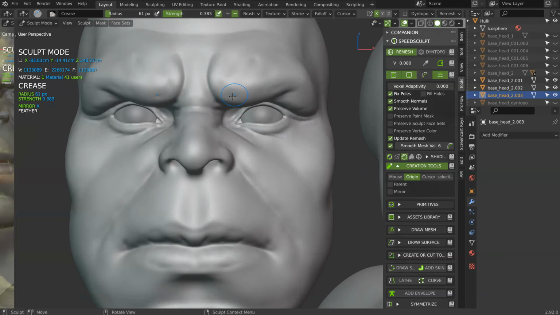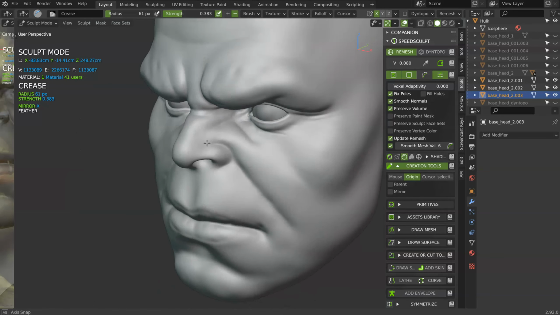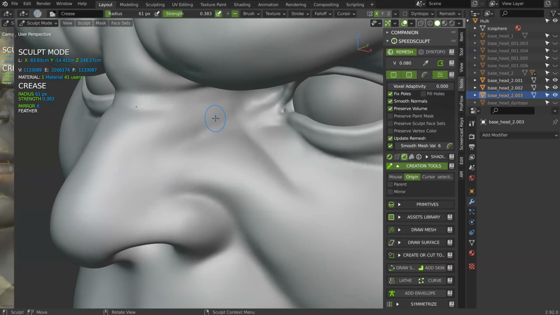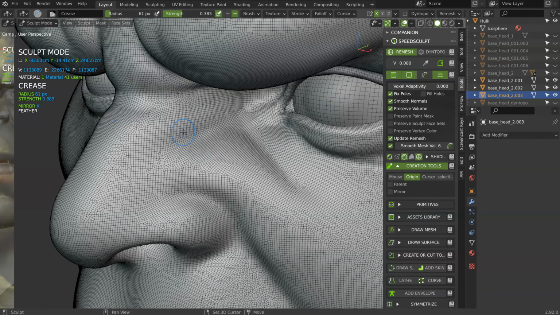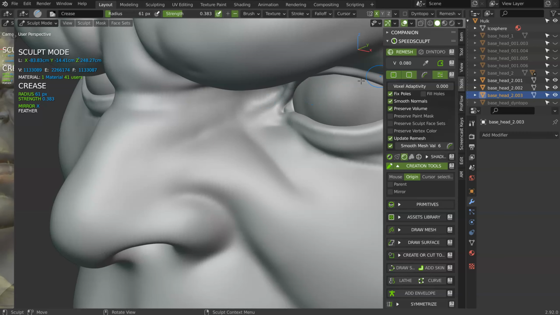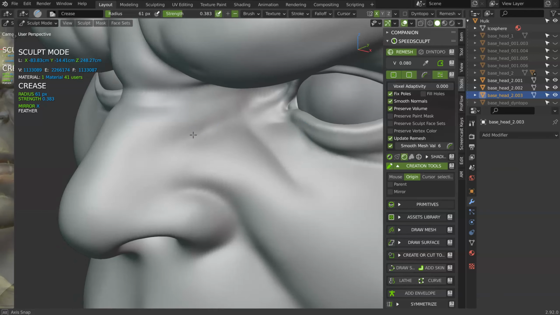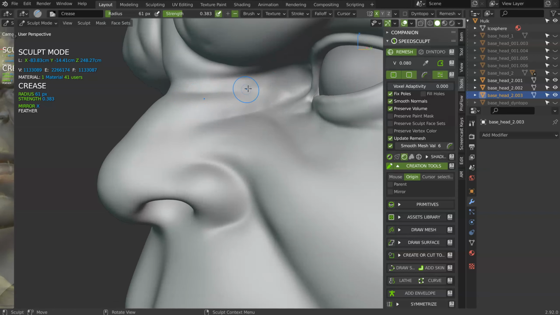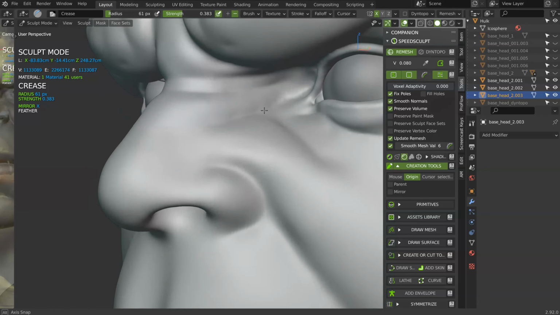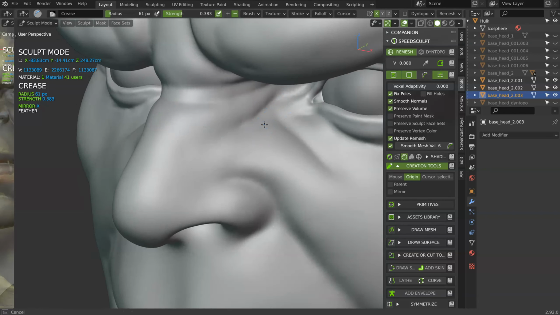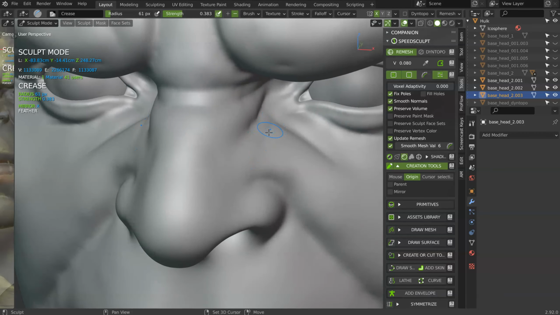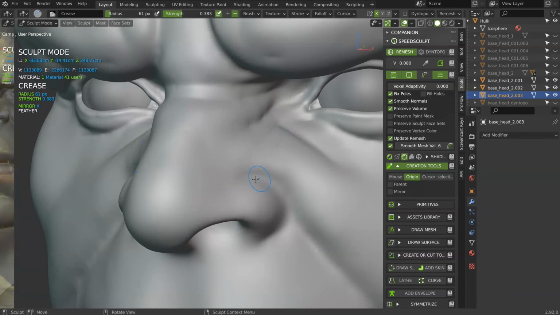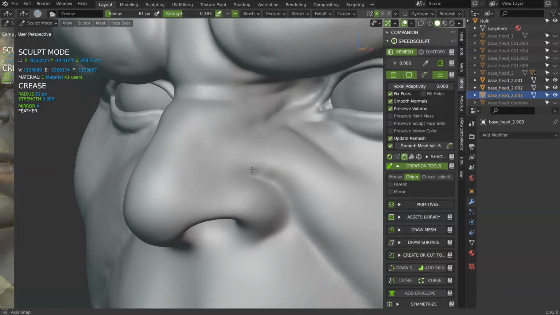And like I said, as you can see, I can add a lot of details with this wire because it's pretty clean. It's not perfect. Obviously I can use this. It's up to you.